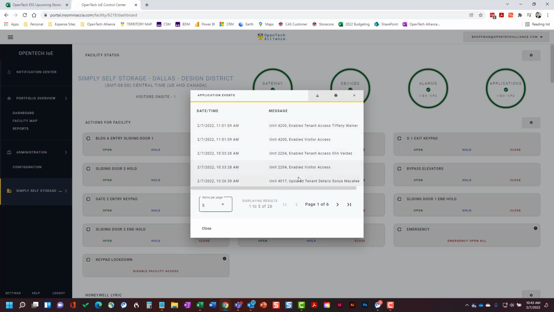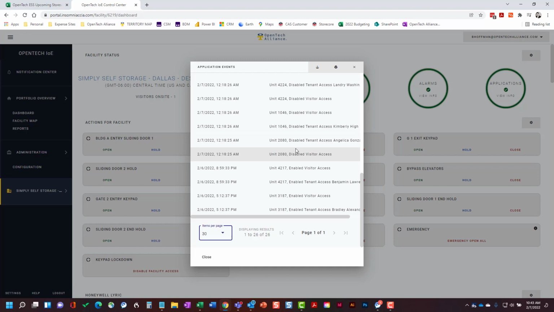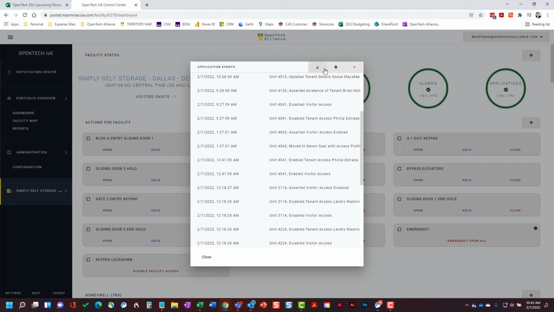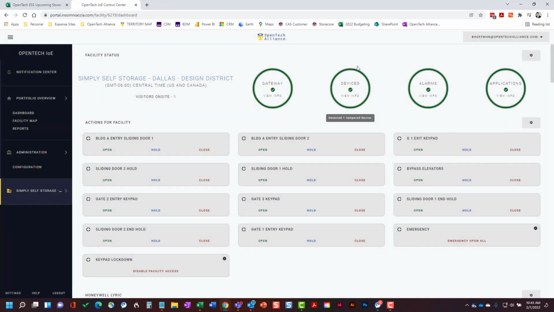So in this particular case, this is striking the storage genie. That is the technology that lets people on and off the property. So you can see some visitors and some tenants have accessed when they actually accessed. I can view that data far more significantly. Okay, I can export that data at any time I want. Okay, so underneath each of these, I have little tidbits of information